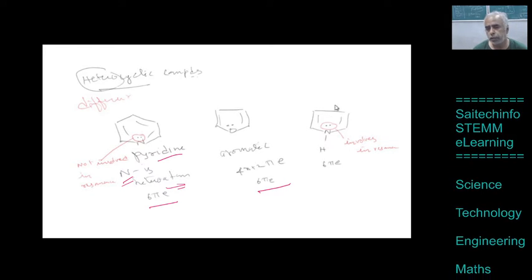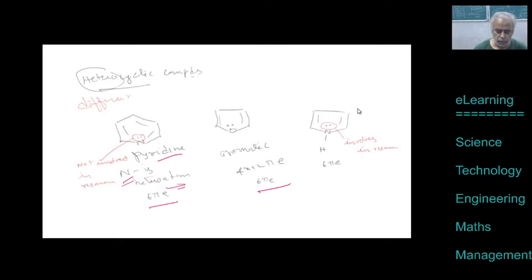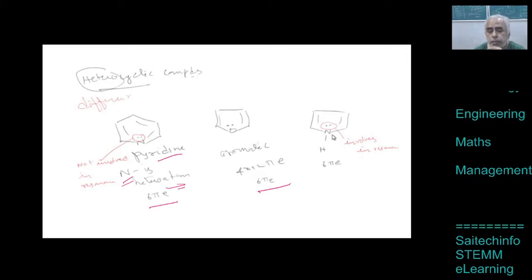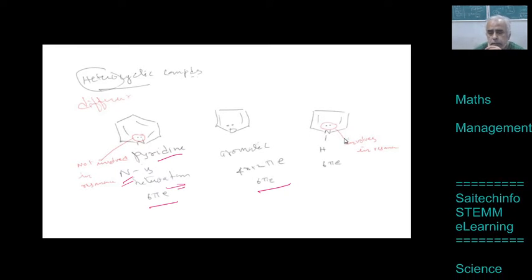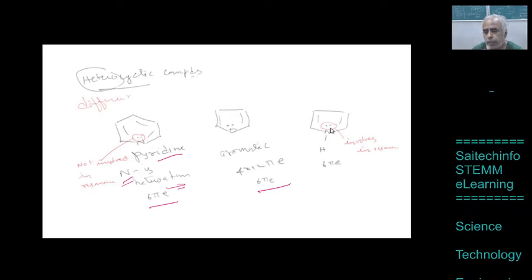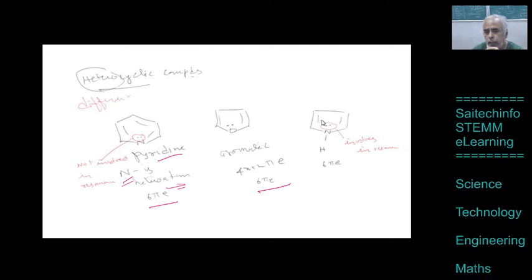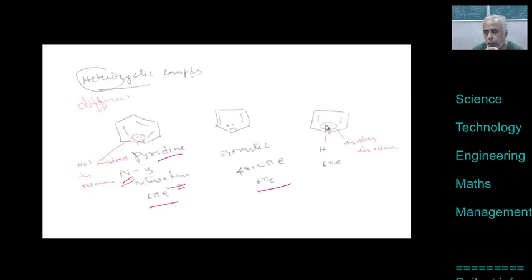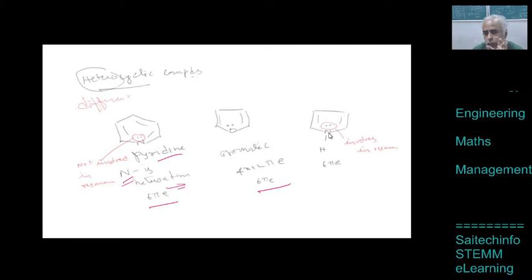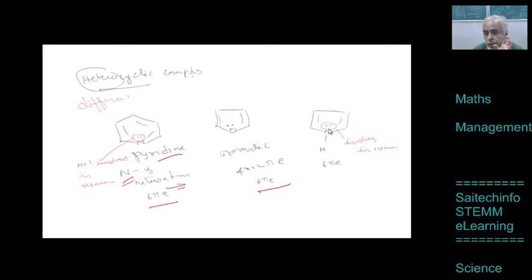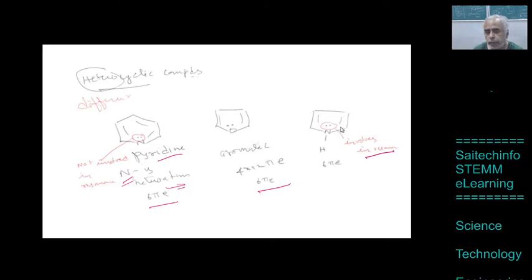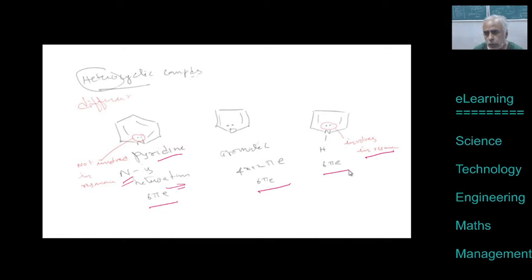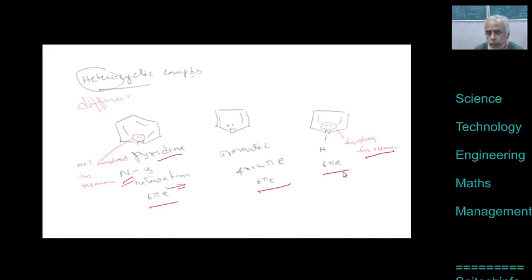Similarly, what is the name of this compound? Anyone? It is pyrrole. So in pyrrole, whether it is aromatic or not, still it is aromatic. Why? Even though it has 2 double bonds, the third one, the lone pair of electrons available at nitrogen, is involved in resonance, and that is why you have to include that one also. Now you count 2 plus 2 plus 2, that is 6. So it has 6 pi electrons. So Huckel's rule is satisfied.